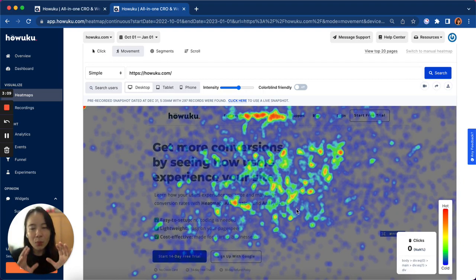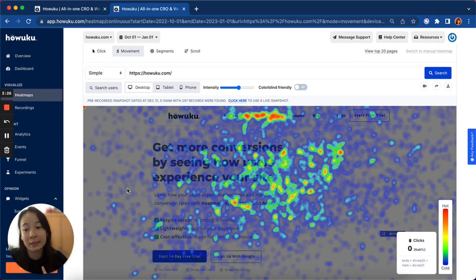And the movement heat maps and click heat maps are actually a little bit similar. The click heat map shows you where your people click the most, right? And then the movement heat map shows you where people tend to scroll towards. So you can use the movement heat map to make assumptions about whether your elements capture user attention, because sometimes when people didn't interact with your important elements, there could be many